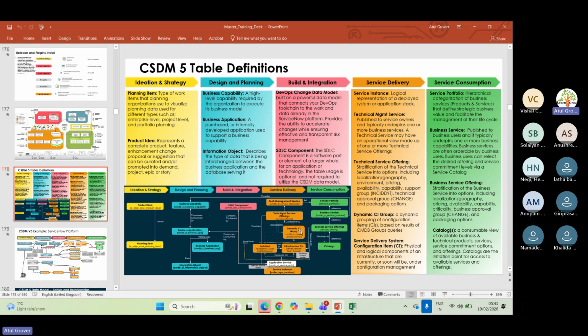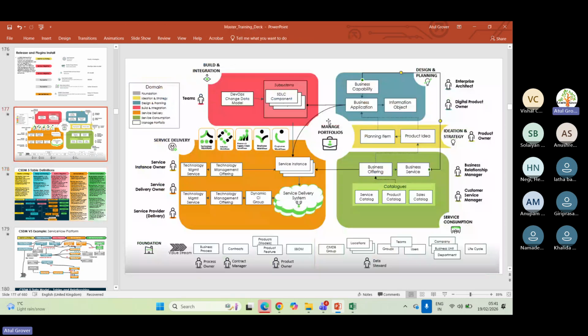Idea and strategy. Just keep an eye a little bit here so that we can see. It's small, I know that, but go ahead. Idea and strategy, what does this mean? Idea strategy means Vishal got an idea. Now he wants to start working on that idea, because ideas से ही project बनते हैं,